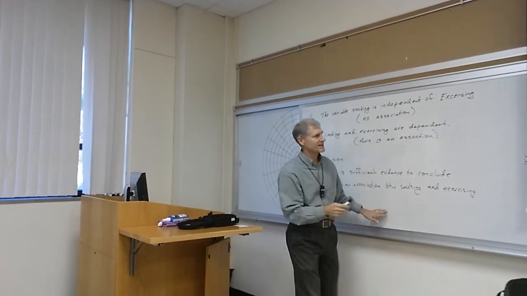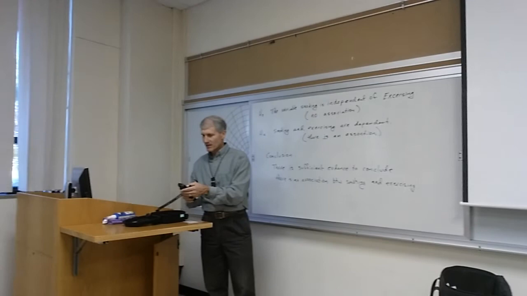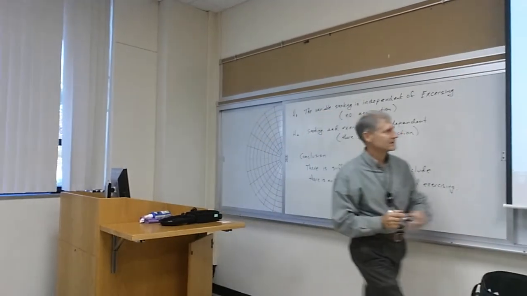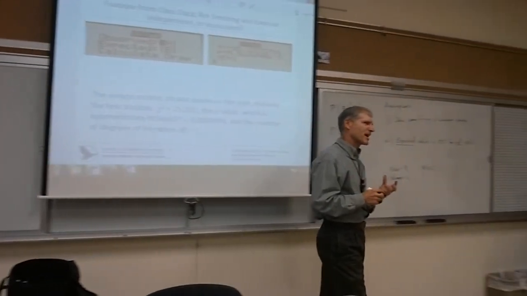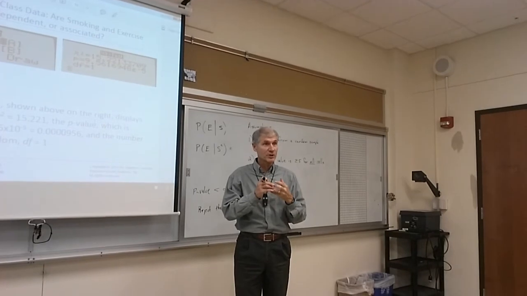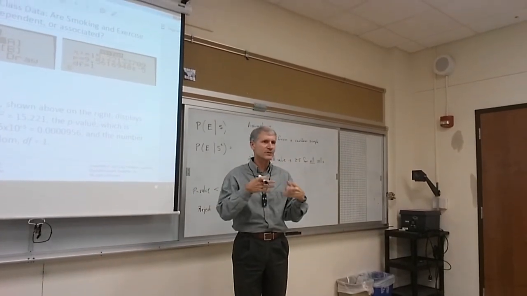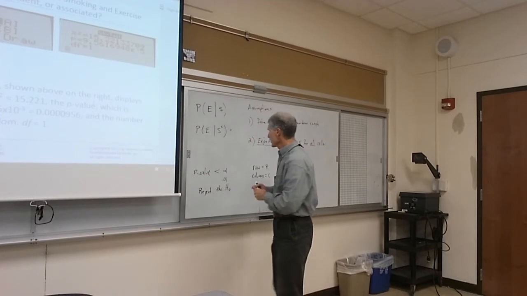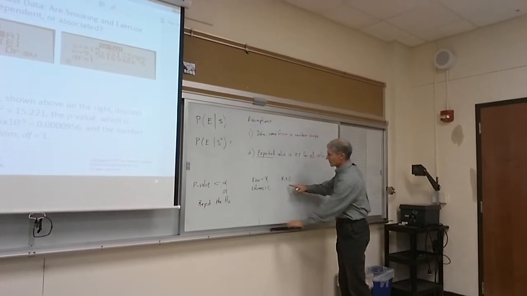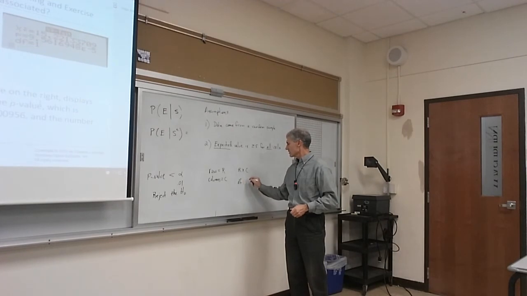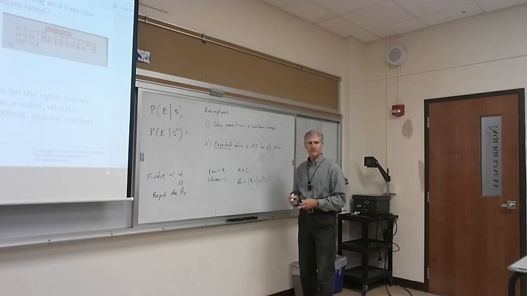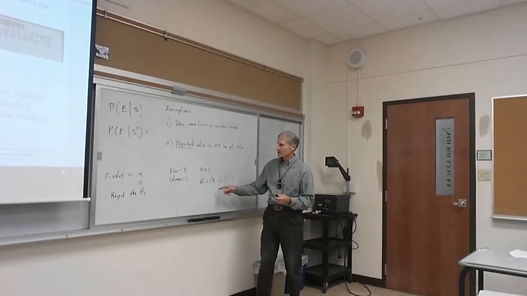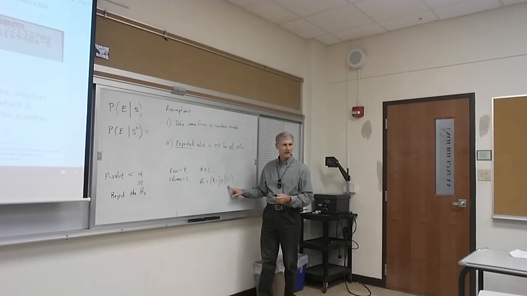I want to do another example, but I looked at the screen and I saw this, which reminded me, oh, I haven't talked about degrees of freedom yet. Degrees of freedom are not that critical for what we're going to do because we're not looking up things in a chi-square table. We're just using our calculator. But the degrees of freedom are R minus 1 times C minus 1. Okay, so this table has a 2 by 2 table, so I have a 1 times 1,